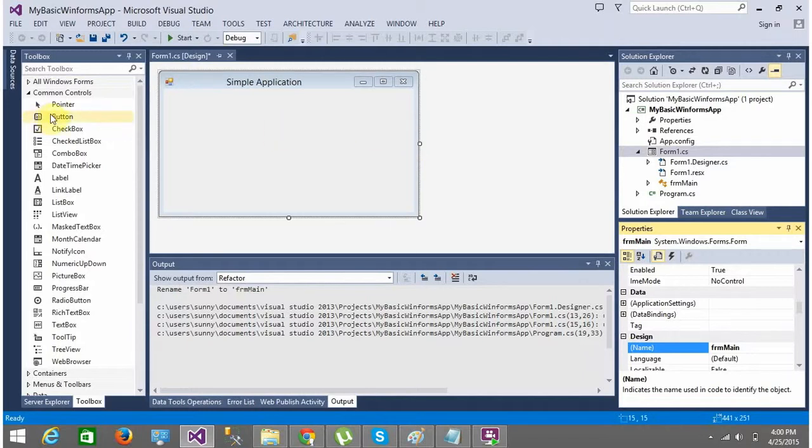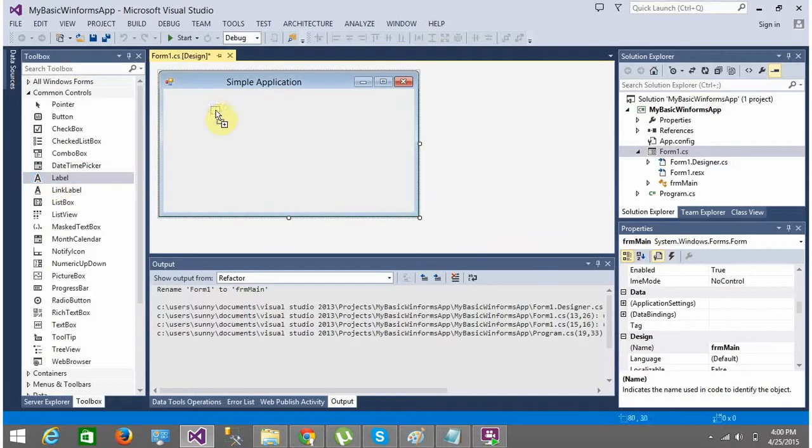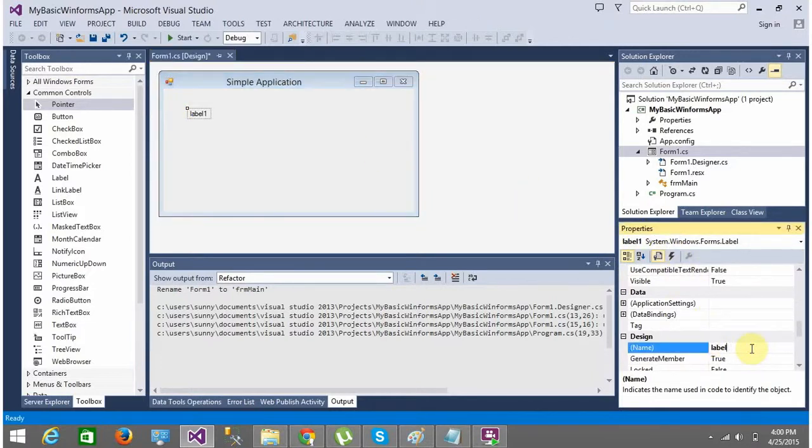Now the first thing that we want to do is drag in a label. Again I drag the label in. When I click on this object, the properties related to this object load on the screen. Again, as a good programming practice, we will change the name of the label to lblWelcome, lbl being the abbreviation for label. This label will be used to show a welcome message, hence the name of the label is lblWelcomeMessage. Again, this is not required, but we do it because it's a good programming practice.